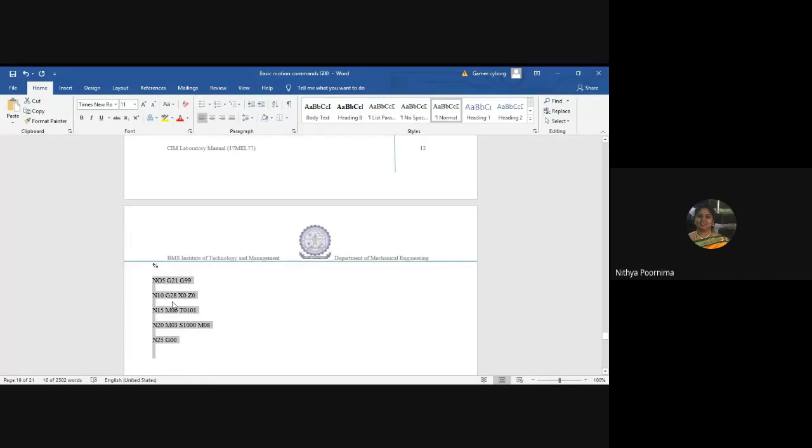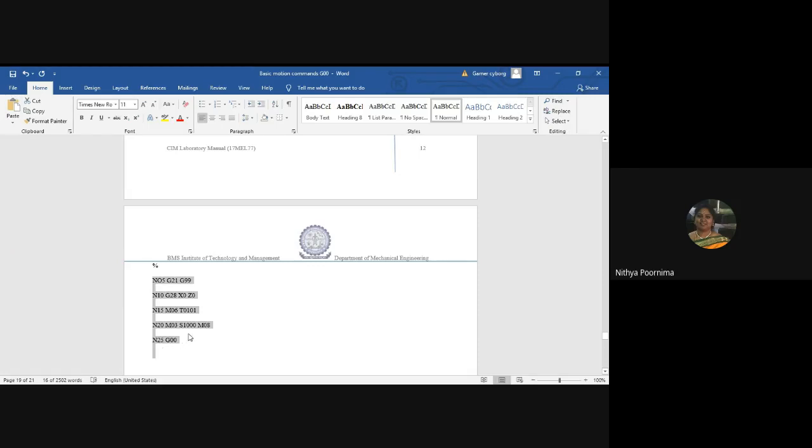Next it will be G28, automatic zero return, return to reference. Next M06 will be tool change T1001. Then after tool change, you need to call for the spindle rotation in clockwise, S1000, and coolant on. Now you will call N25 G00.